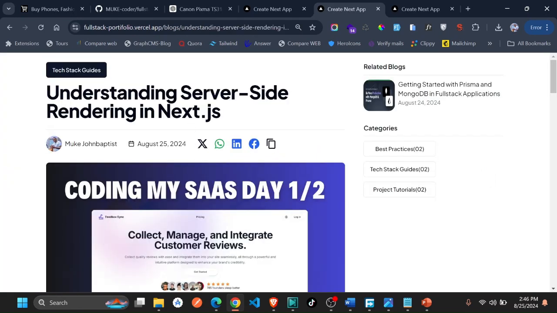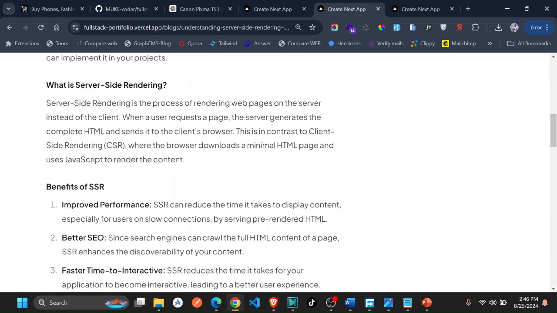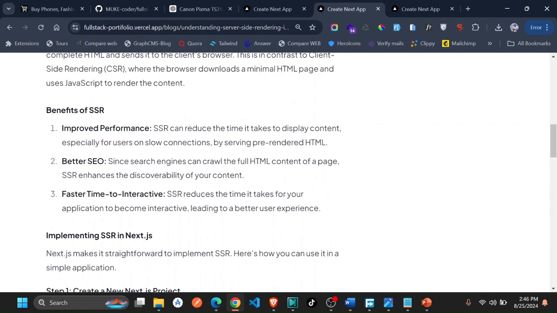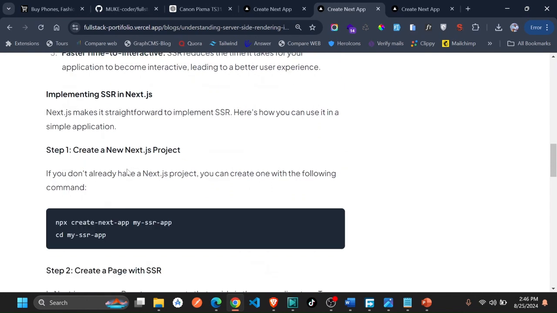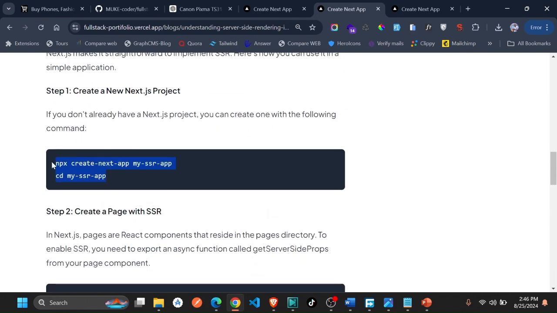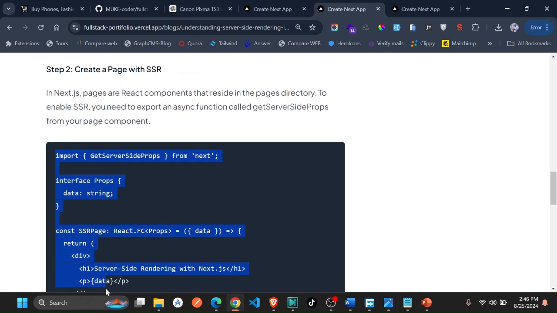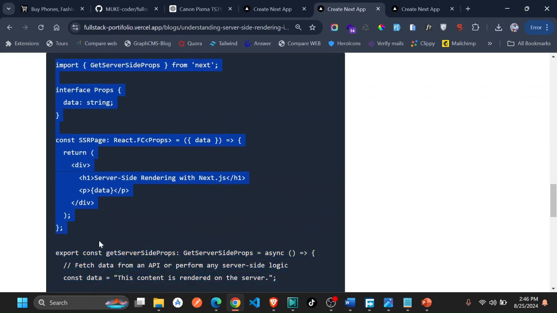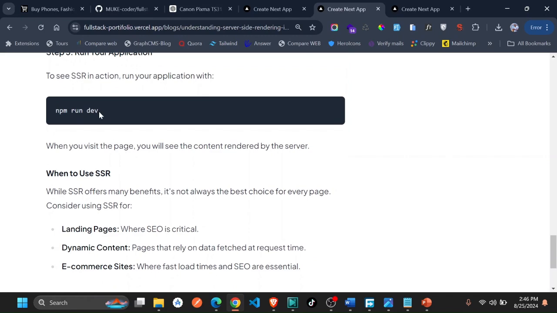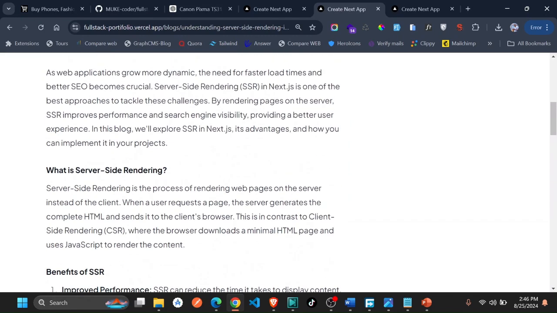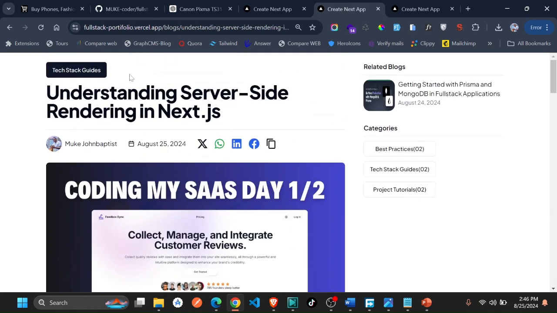So the blogs are really well done. I just simply love how the blog works. You can see all these are really well formatted. The headings, lists, code snippets, you can see here very clear. And all these ones can be easily copied because they can be selected. So I always wanted something like this. Okay. Yeah, so the blog functionality is well done, and I think it is one of the things that I